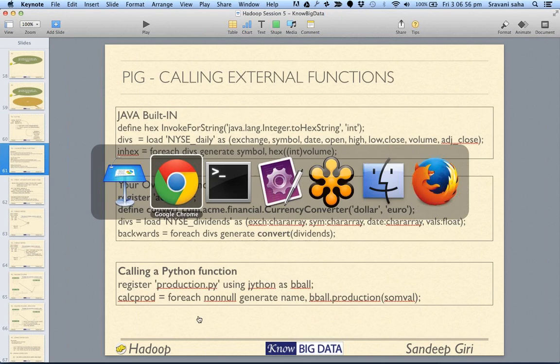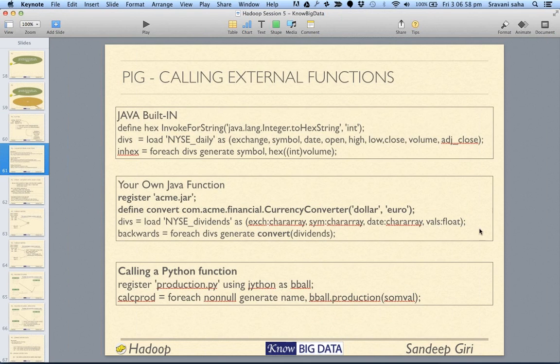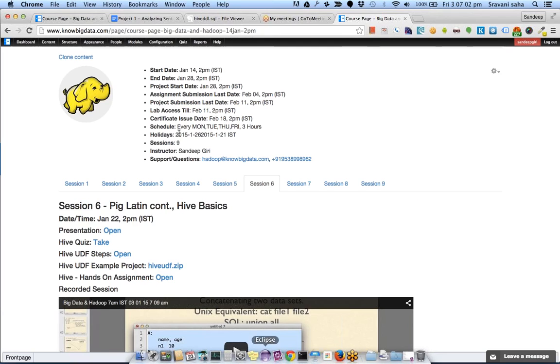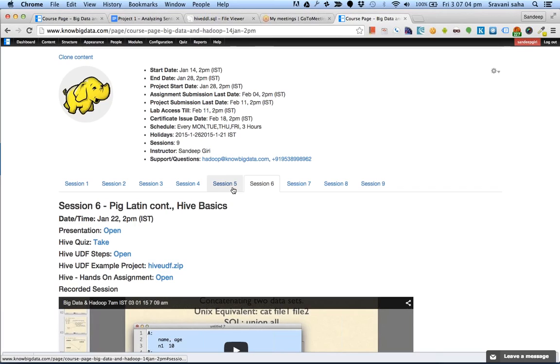All right, so okay, thank you. Thank you, Satyanarayan, for pointing that out. Let me take a little step back. There is something called, not Hive, but